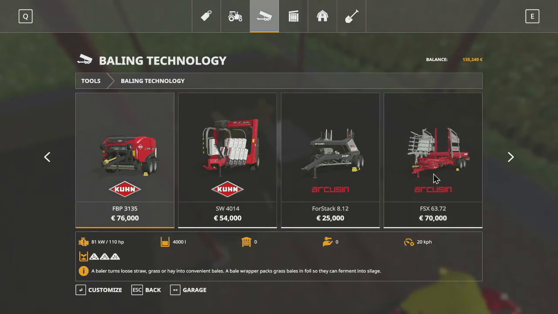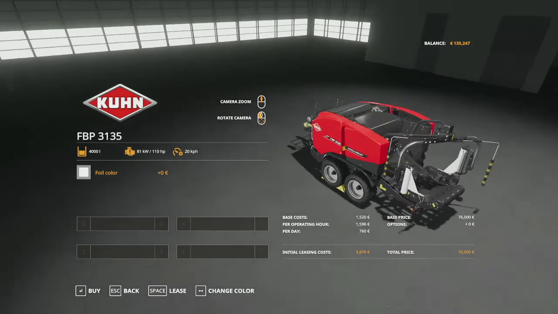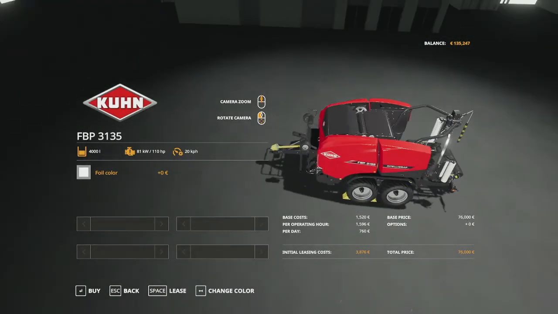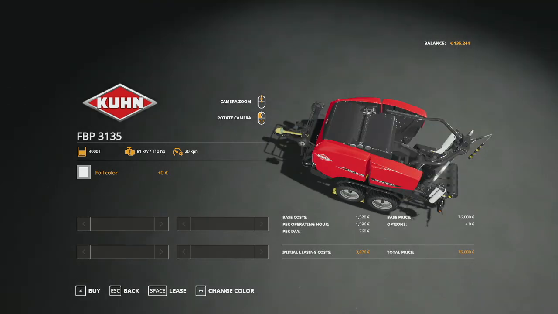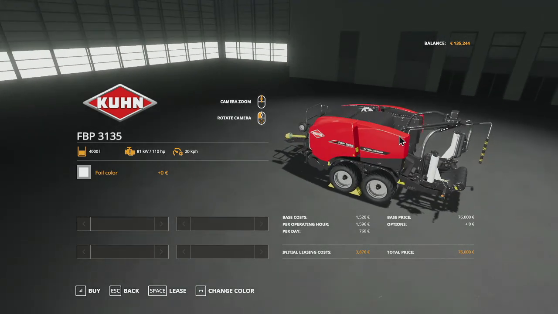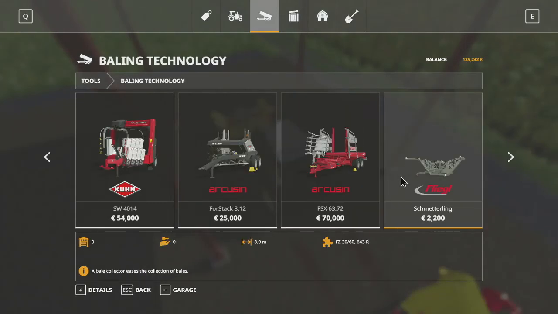Okay, in baling technology. Now, you remember in the past we had, what was it, this one? Yeah, this was the one we had in the first series, which was really nice. It would pick up the bale and then wrap the bale and then drop. But the thing was, every time it would finish a bale, you would have to stop, wait for it to wrap, or you would have to stop until it ejected it onto the wrapper, and then you could start going again. But they now have...